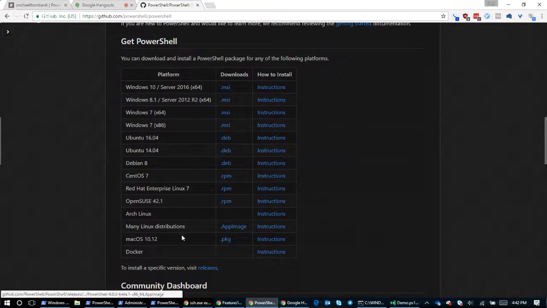But for the rest of these, we support macOS 10.12. Unfortunately, 10.11 and earlier does not work, so you do have to upgrade. And we are firmly committed to continuing to support down-level to Windows 7 and 2008 R2. This should actually say Server 2008 R2. I should get that fixed. Unfortunately, we had an issue in our latest release where we broke Windows 7 support, but we are going to get it fixed. It's going to come back out.